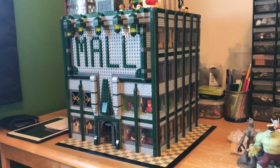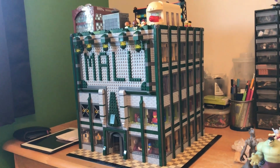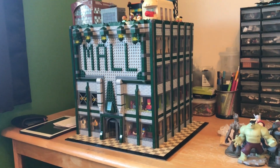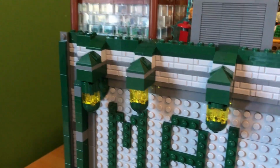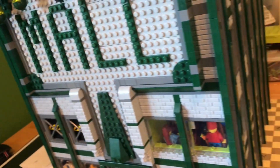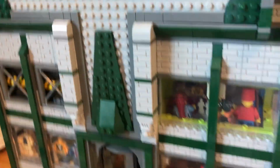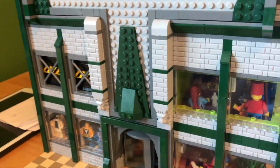I think it's pretty good. I don't build city stuff that often because I kind of find it boring, but you know, this works. My only few complaints are the windows, said before, the fact that I kind of completely ran out of dark green to finish the roof properly how I wanted to, and the fact that the walls kind of bend out completely like this. Because they're not connected to anything on the inside, they're just straight walls connected by this central line. Even this one, see the way it bends out? Yeah, it's not good, but